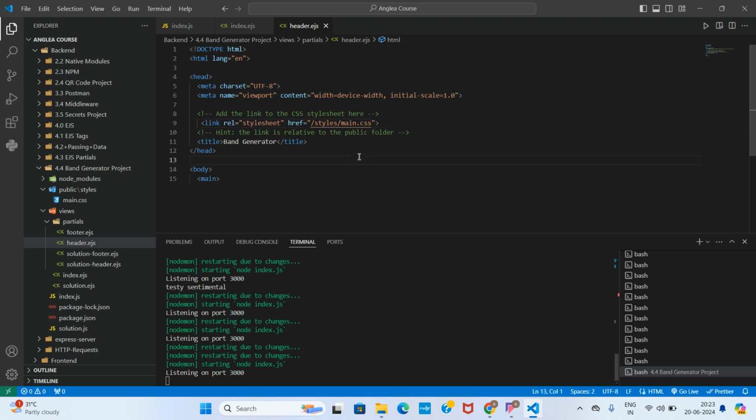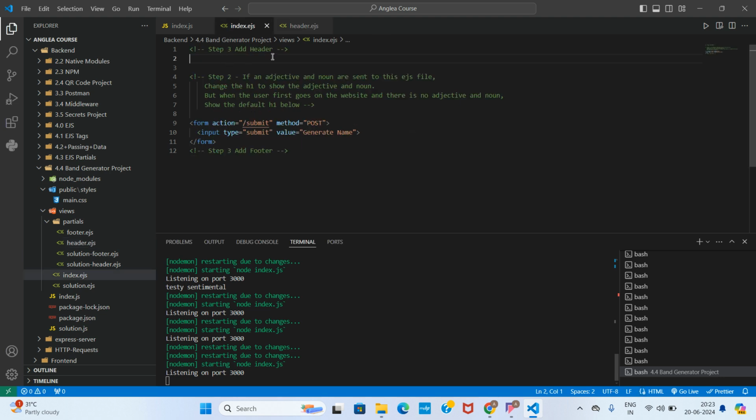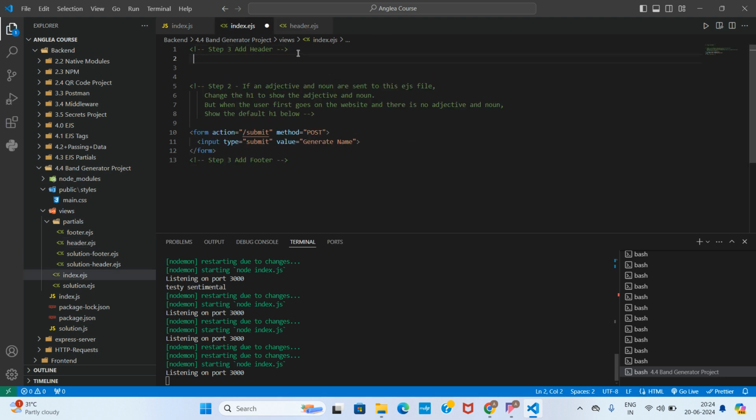If this doesn't work, we're going to do it another way. Let's add the header to the index.ejs. To do that, we're going to use the include key, and we're going to pass the header, header.ejs, with the path related to the views: the whole path, that is partials, and header.ejs. I guess this will work. If it isn't,